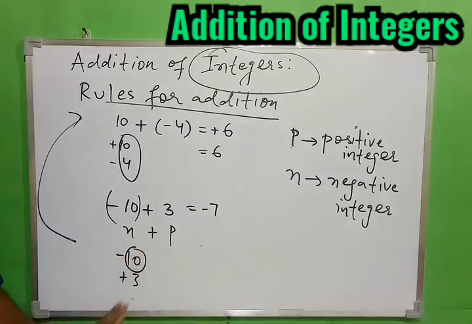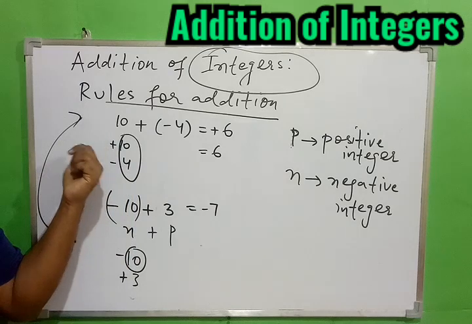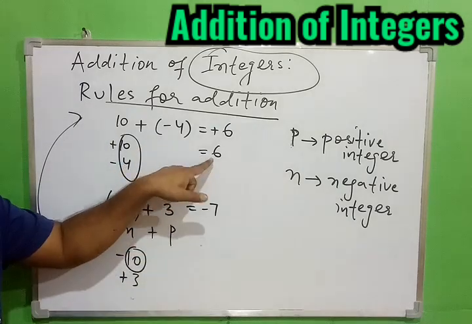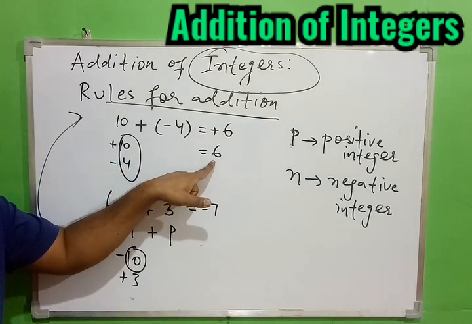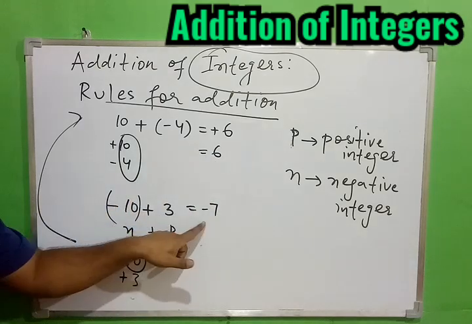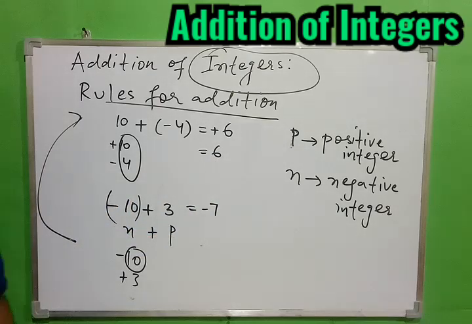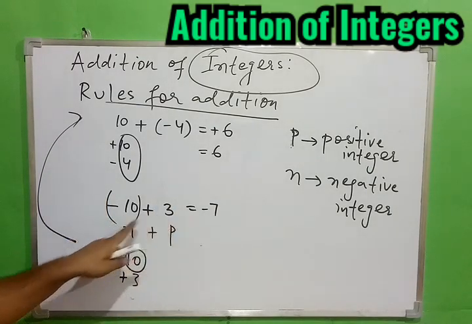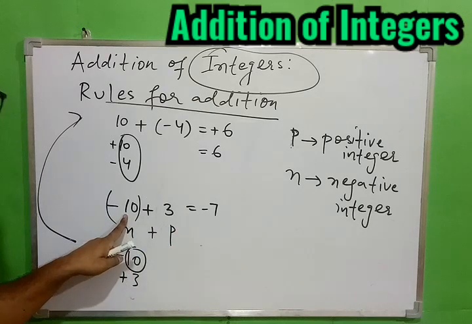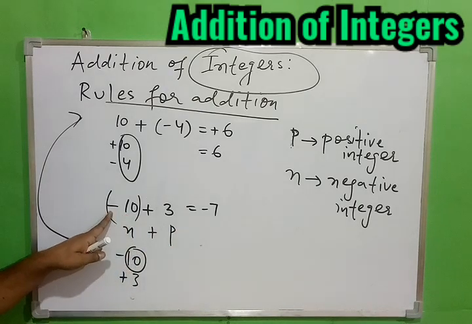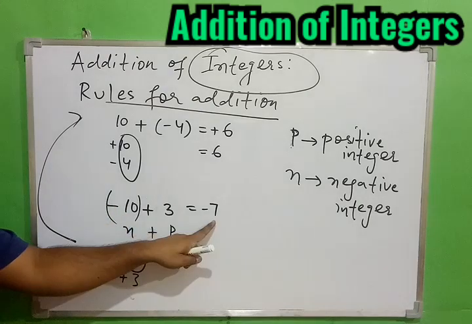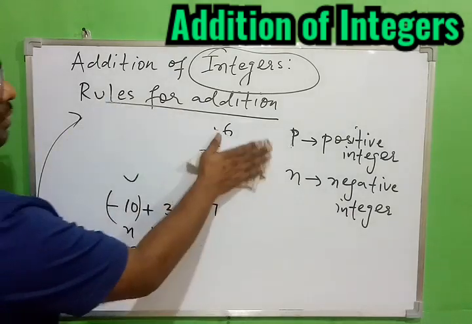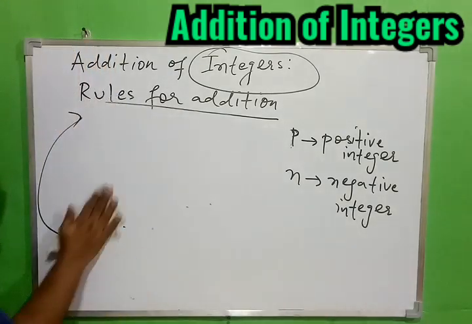So it is possible that if we are adding a positive and a negative integer, sometimes we get a positive answer, and sometimes it is also possible we get a negative integer. So I hope you understood. After doing the subtraction of positive and negative integers, see both the numbers: the number which is greater, whatever sign it has, the same sign should come in the answer. Take one more example to have more clarity on this.